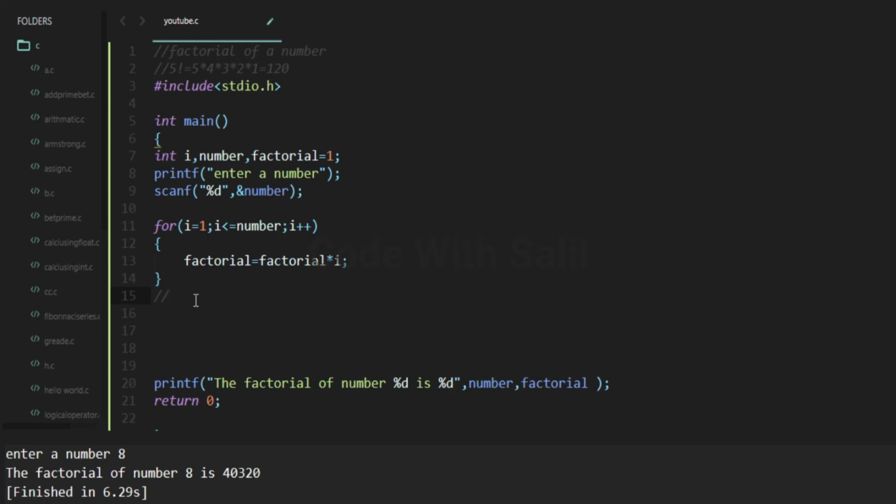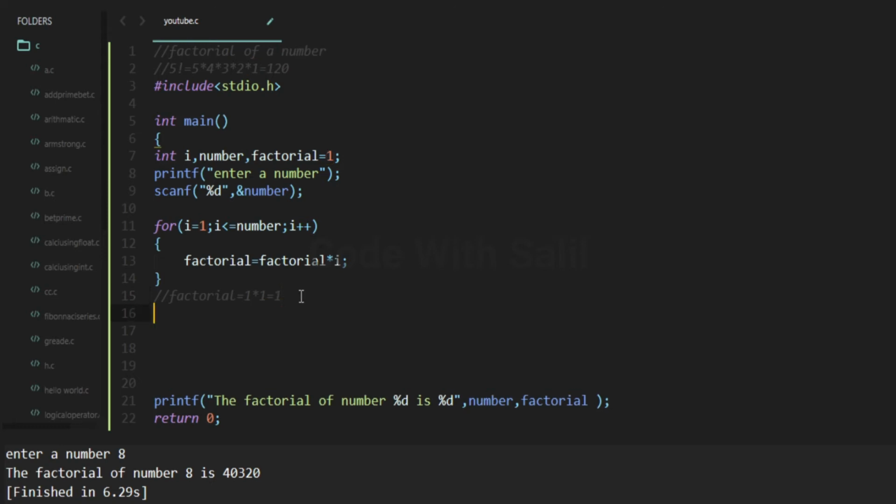Factorial equal to 1 into i; we have considered i equal to 1, so 1 into 1 equal to 1. So the new value of factorial is 1.